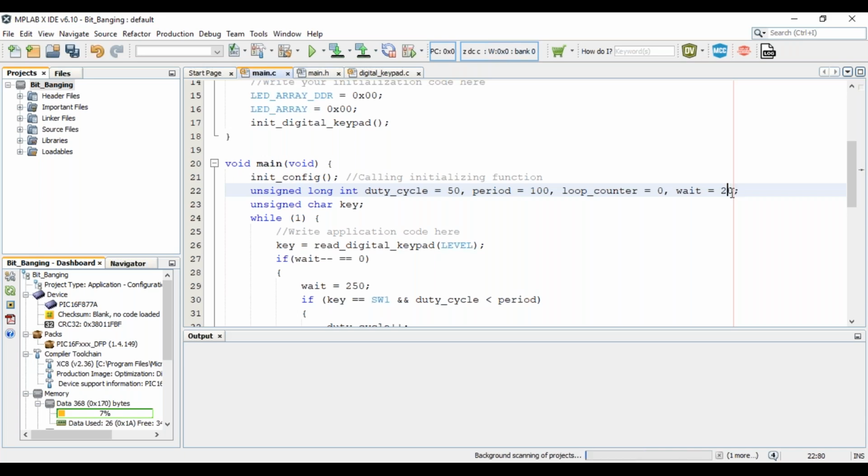So let me write 500 and let me save and give it to build. So let it take its time. So meanwhile,